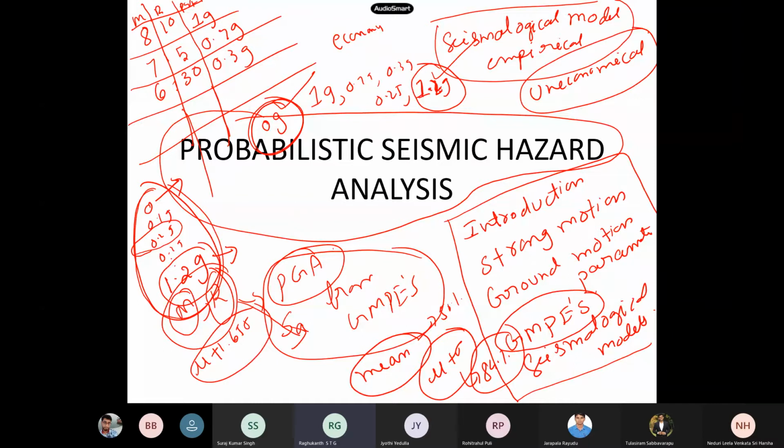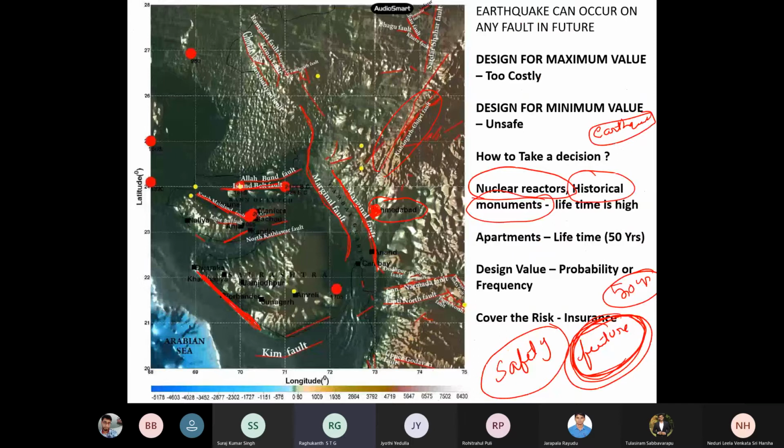So in the olden days, and in many cases now also in the engineering profession, when you have large data sets, if you have so many values, the mean is the one which everybody prefers. So the mean may be fine for ordinary buildings, but mean plus sigma you can take for the important buildings. Then if you want something more important, like a nuclear reactor, mean plus 1.65 times sigma. So like that, the design used to proceed. That was the concept which existed previously, and everybody was using it.